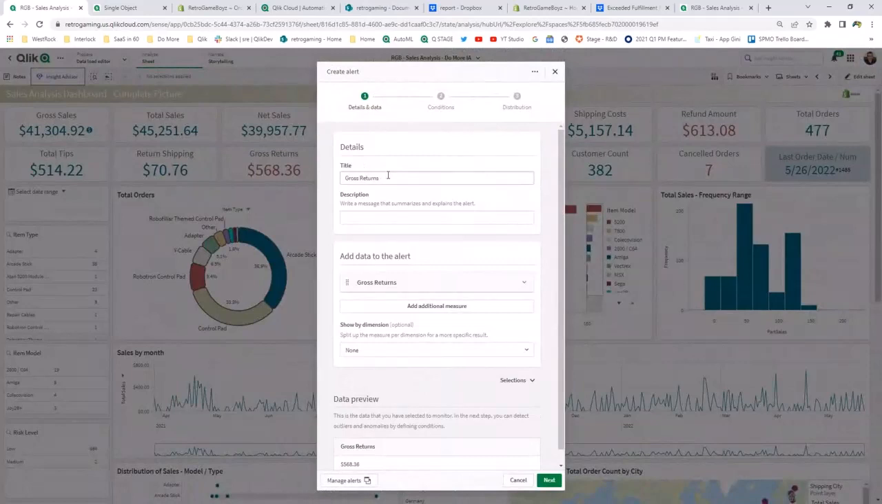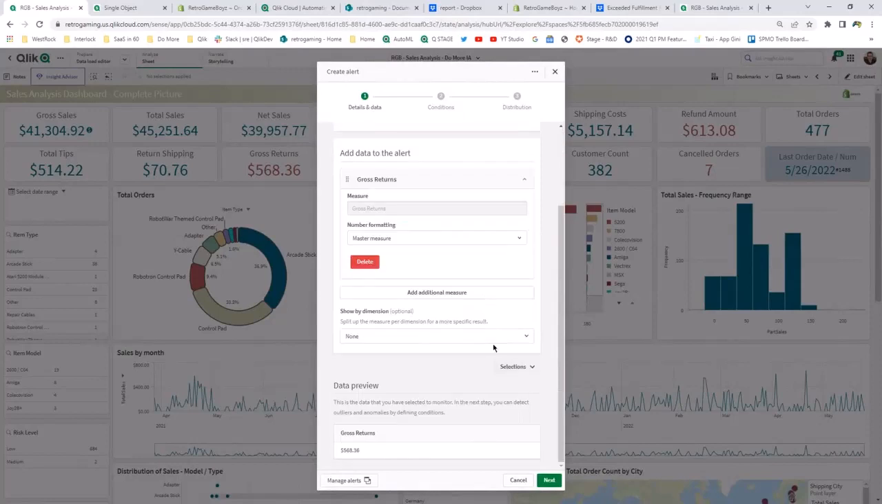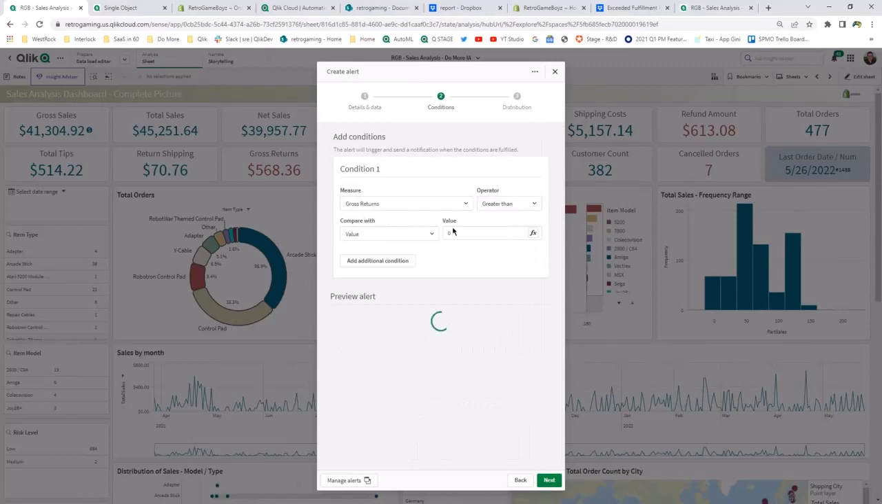There's my gross returns title. I can give it a description. There's my data to keep track of. Show by dimension. I'm just going to keep this simple, guys. But alerting built in is awesome. Gross returns are greater than